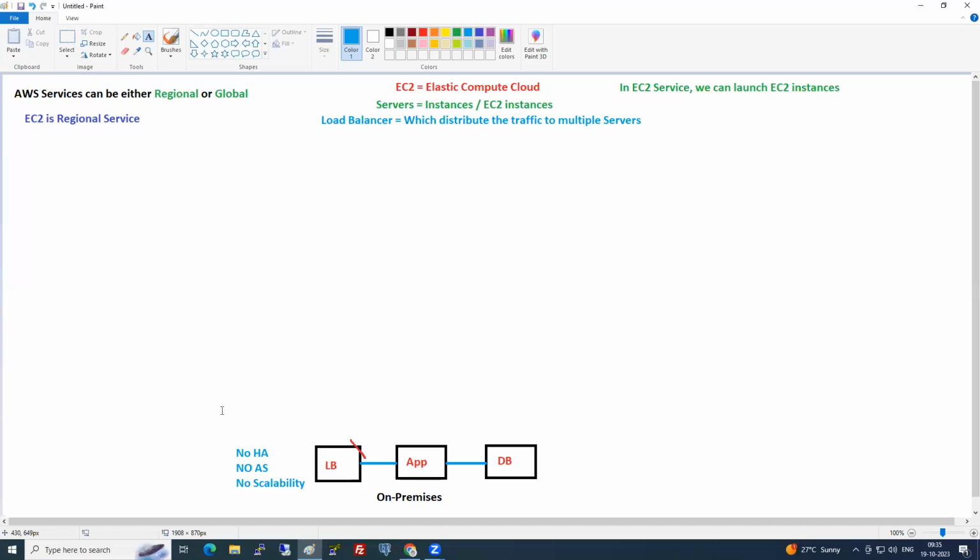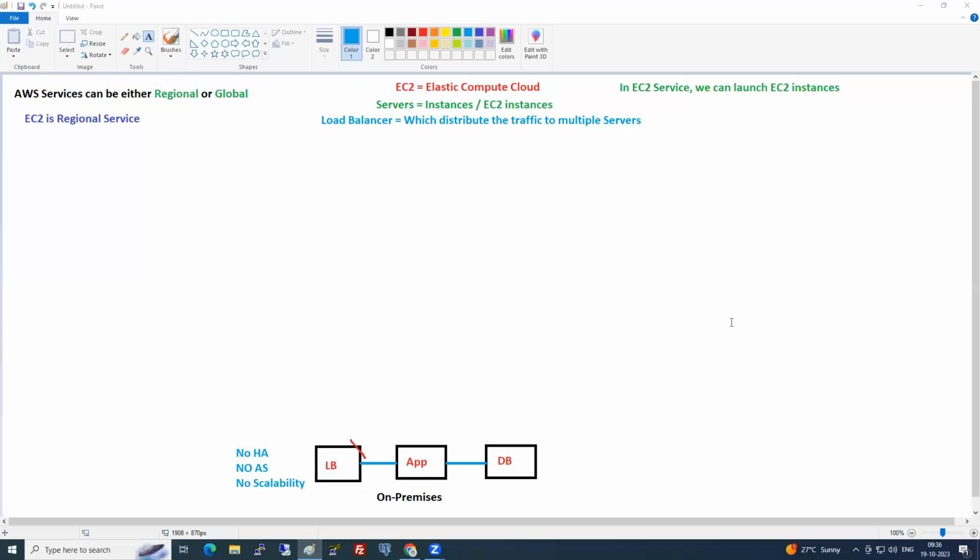How about in AWS? In AWS, the first thing I'm saying, guys, the load balancer in AWS, we call it the elastic load balancer. What load balancer? Elastic load balancer. We discussed elastic, no? What is elasticity? Increasing or decreasing the number of servers based on the load. And here, load balancer is what? Elastic. From now onwards, in AWS, a load balancer is called an elastic load balancer. In short, call it ELB.